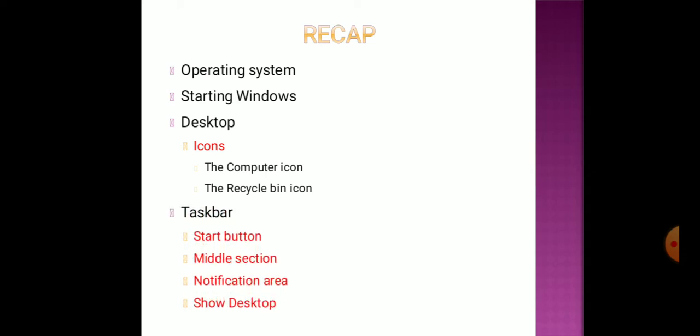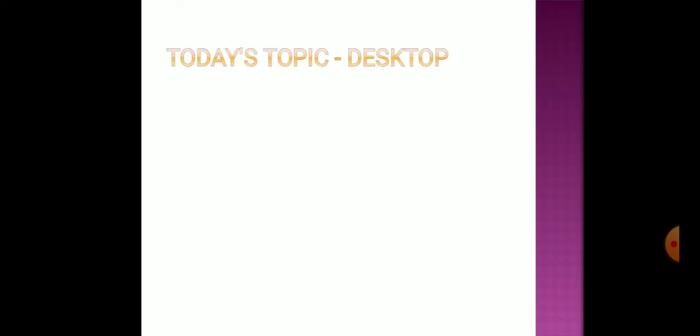And we have seen the taskbar present at the bottom of the desktop. In the taskbar we have seen the start button, middle section, notification area and show desktop button. So today we are going to discuss more about desktop.